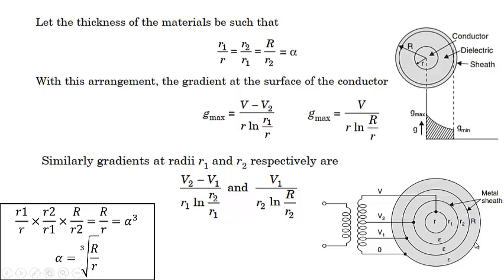Similarly, for the third one, here the voltage will be V1 minus 0, that is V1. So the distance will be from R2 to capital R. So here it will be R2 ln of capital R by R2. These are the three voltage equations, and since we are using the same homogeneous material, these three equations will be